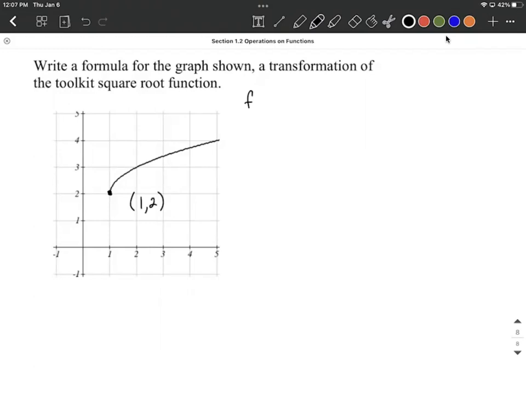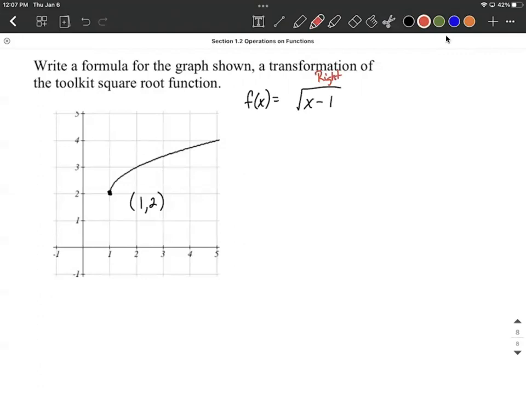Okay, let's try to apply that with transformations and include the 1 and the 2 in the correct places. So with our square root, normally we're going to have x underneath there, but we moved this entire graph to the right 1. So I'm going to include a 1 under the square root with the x. Now move to the right 1, that means we have to subtract 1 as a transformation to accomplish this. If our goal was to move the entire graph to the left 1, we'd be adding 1 directly to x underneath that square root.